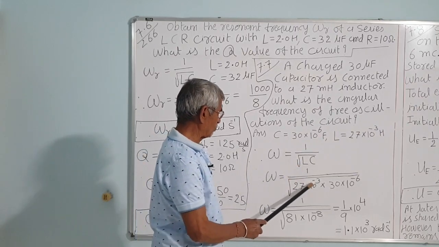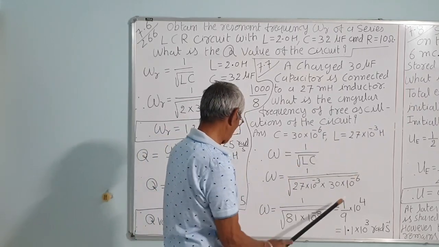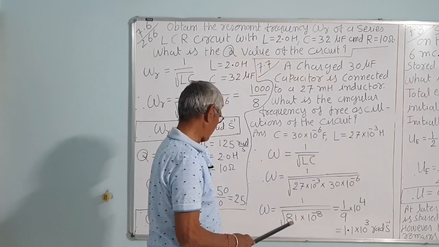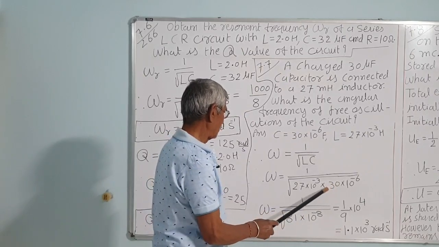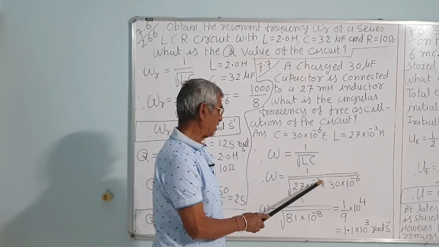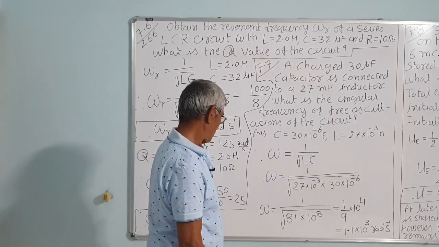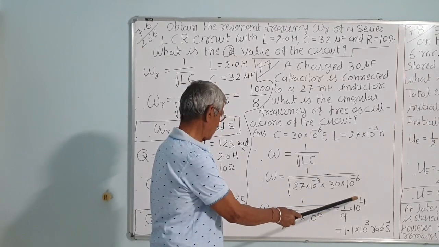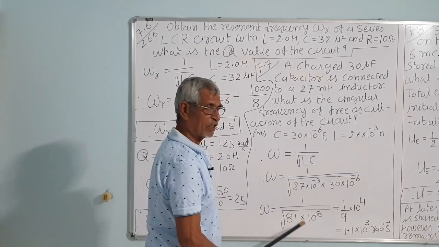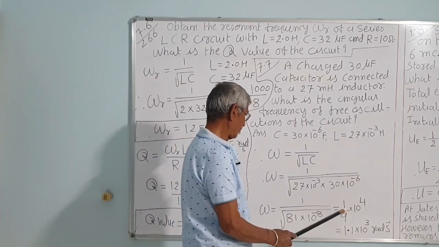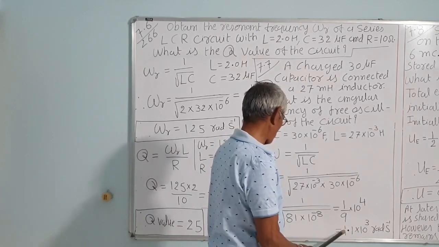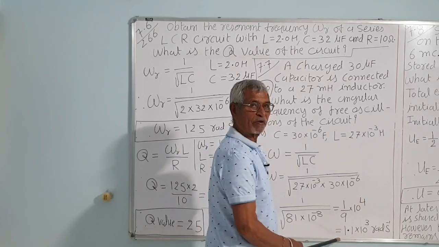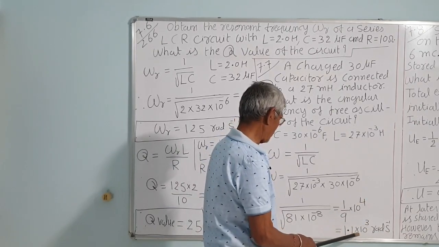So 27 into 10 raised to minus 3 into 30 into 10 raised to minus 6. This is 27 into 3, that is 81. And the power is minus 6 minus 3, that is minus 9, plus 1, that is minus 8. So square root of 10 raised to minus 8 is 10 raised to minus 4, which goes up as 10 raised to 4. And under root 81 is 9, so that is 1 upon 9 into 10 raised to 4. The ratio is 0.11, and with this power 4, it will be 1.1 into 10 raised to